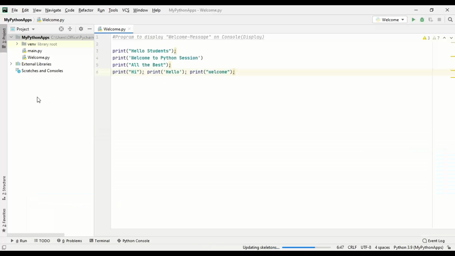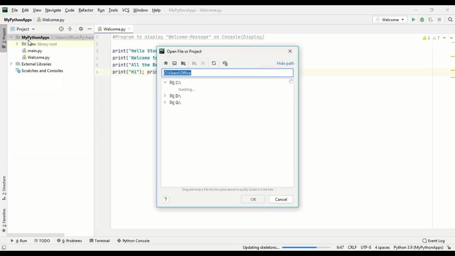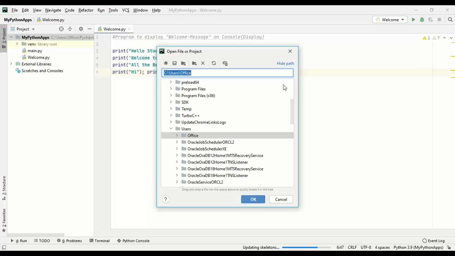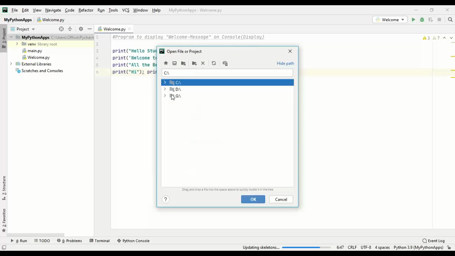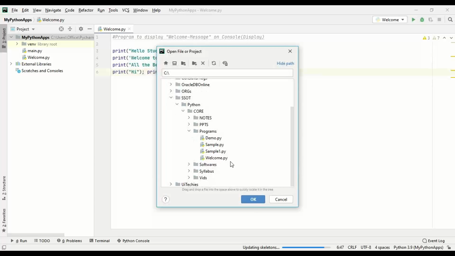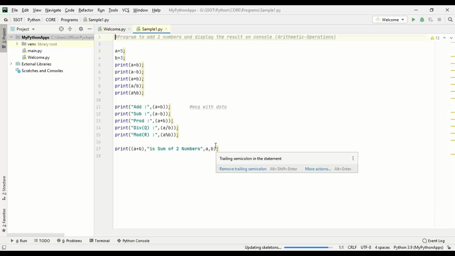So similarly we can open our own files also. So click on file, say open. Now go to your working directory. So our working directory is g:/srisai online training Python core programs. So under programs, we will take sample1.py. Okay. So it will open sample1.py,